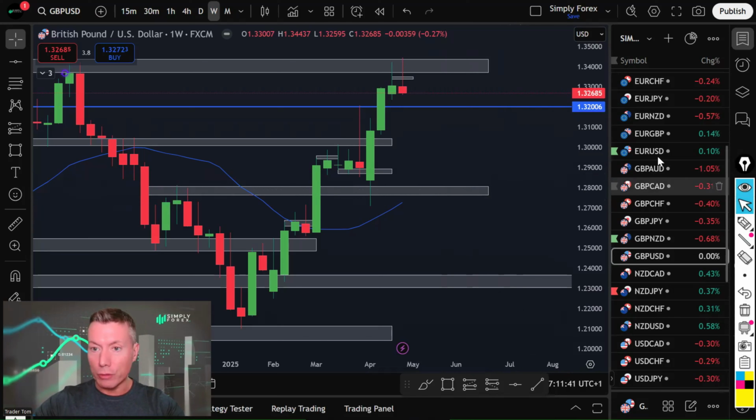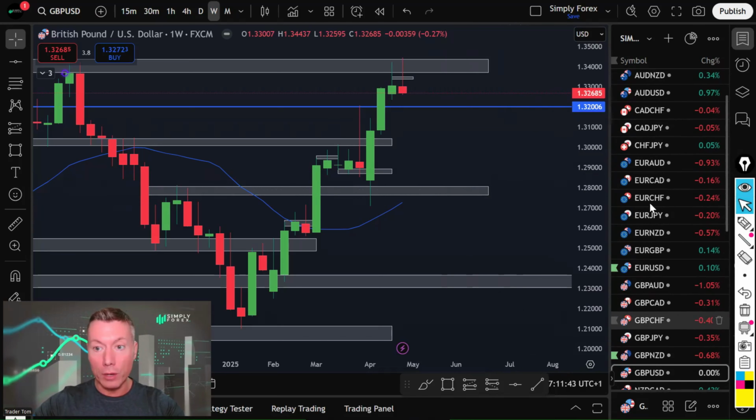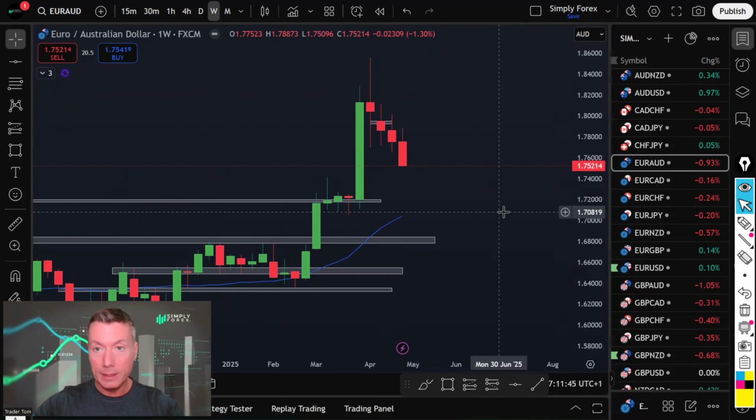Right, let's look at this euro. So let's start with euro Aussie dollar, because as I explained, risk on environment has led to strong Aussie dollar, and euro Aussie dollar is no exception, and we're seeing euro weakness. So euro Aussie dollar has translated into a good trade. I'm going to put my target in here.